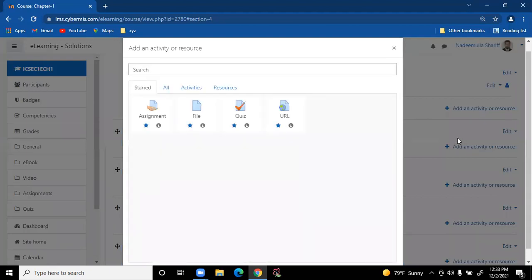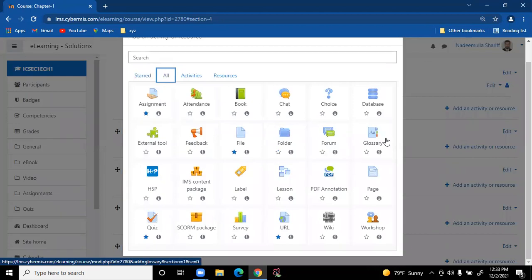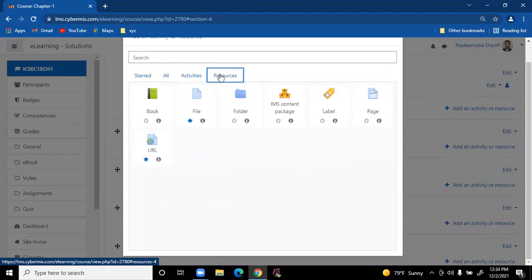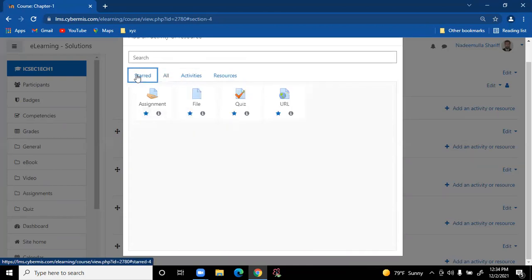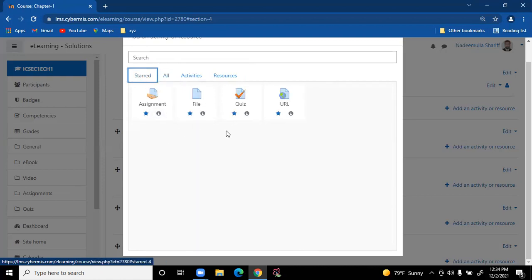You can see that some of the activities are star marked here. Generally, the first time you log in, you can see this list of activities. Under this, it is again categorized into two: the activities in the entire list and the resources in the entire list. Whichever I'm using most, I'll make it star marked. Just by clicking on that, it will be available throughout my login all the time, so that I can avoid searching all the time. Within no time, I can see what exactly I require.